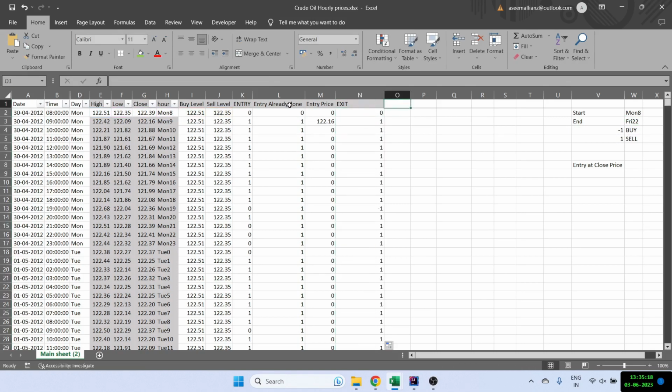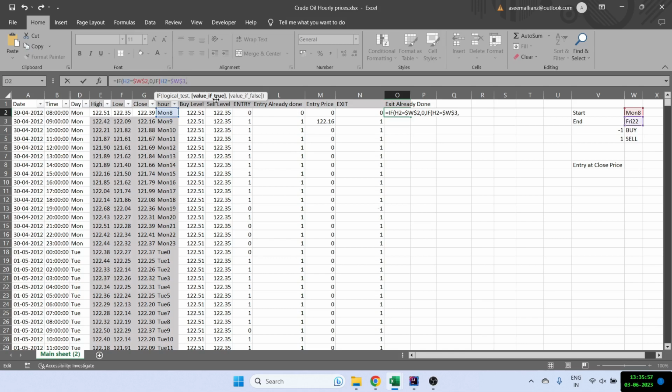Now again, same thing, we'll do exit if exit already done. This is going to be a little complicated. So if my current row is equal to the start time, obviously I cannot take an exit, so it becomes 0, comma, if now what I want to check is whether this is the end row. So if this is equal to the ending row, in that case